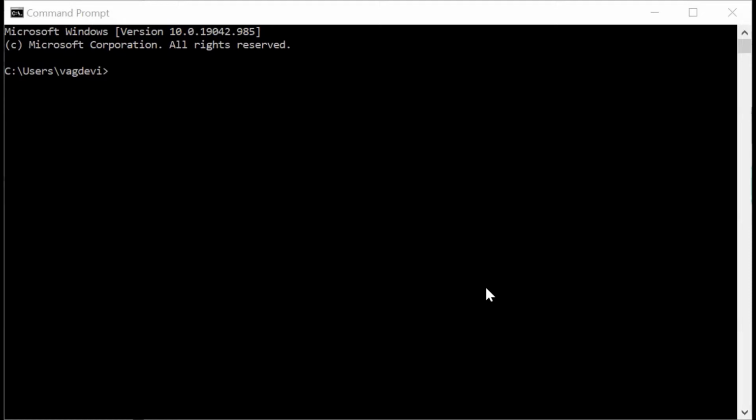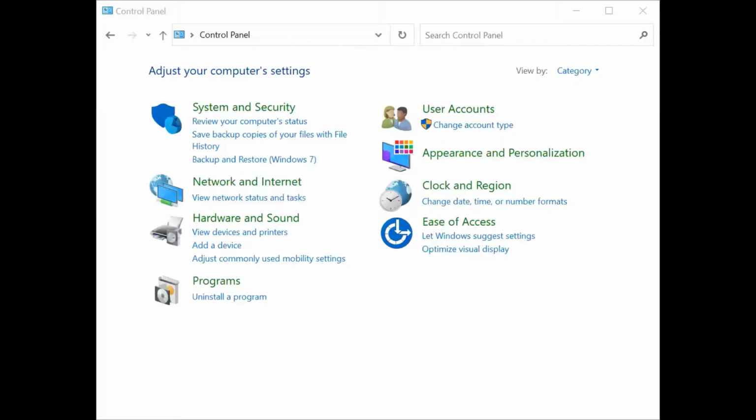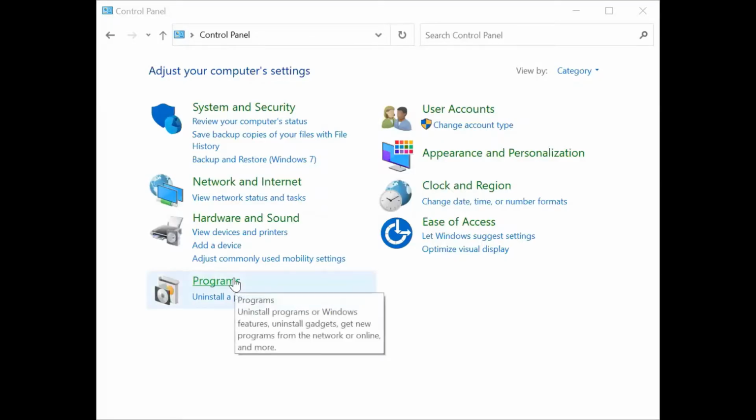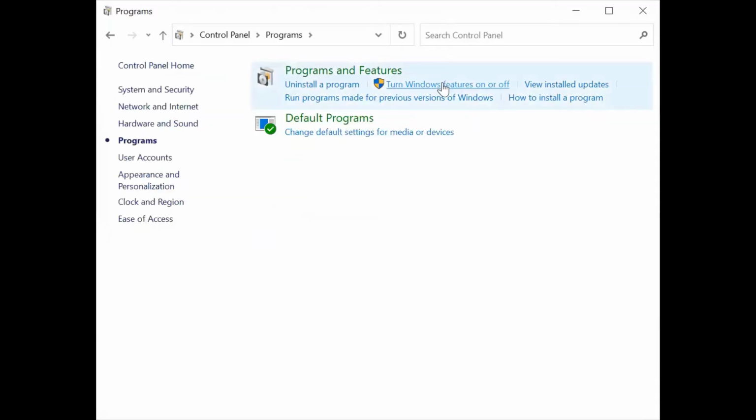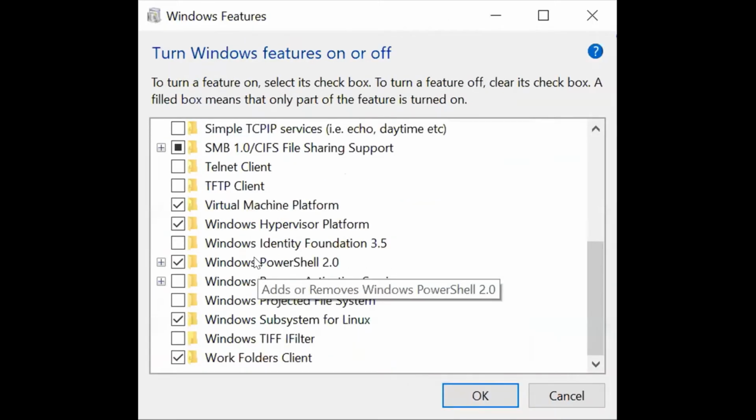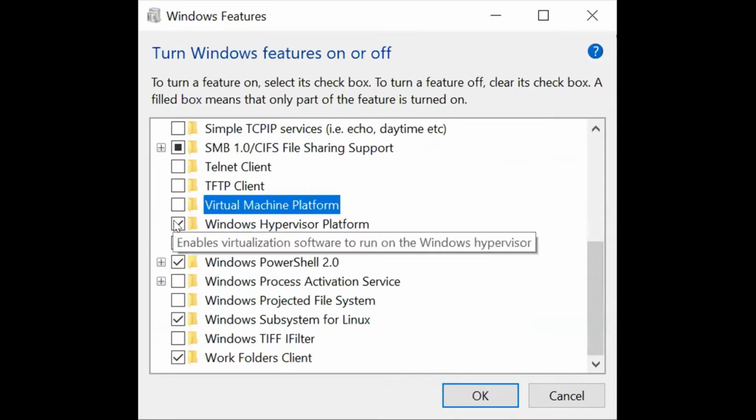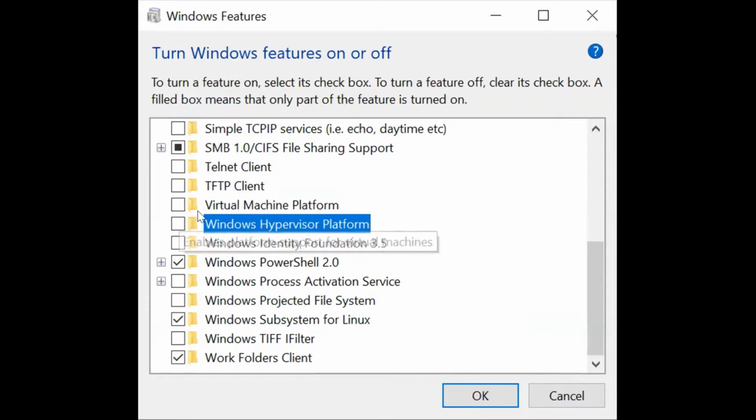But previously we have used Docker, for which we have enabled the virtualization platform and Windows hypervisor platform. So we need to disable those and restart our system for us to be able to use the Minikube. Okay, to disable those, we should first go to the control panel in the Windows search. So in the control panel, go to programs and turn Windows features on and off. So in this pop-up, we should disable the Windows hypervisor platform and virtual machine platform, and okay.